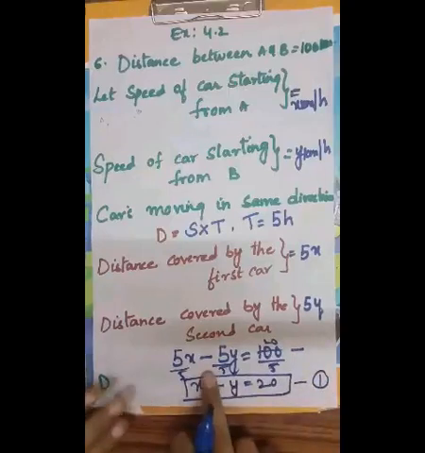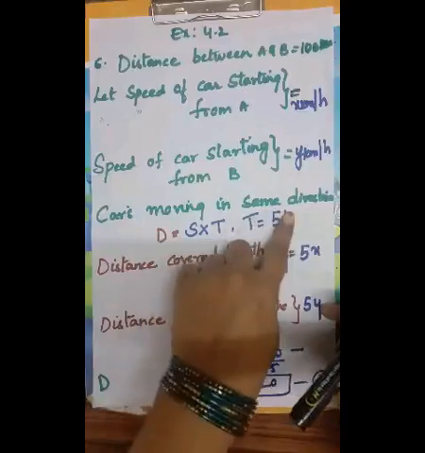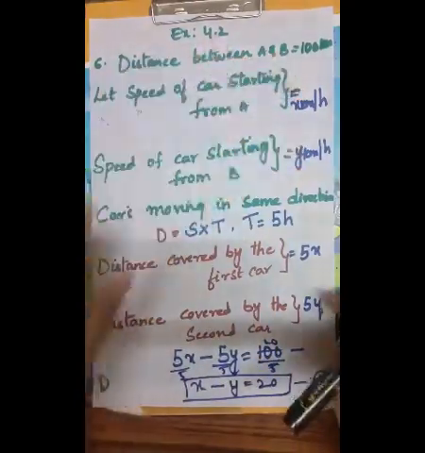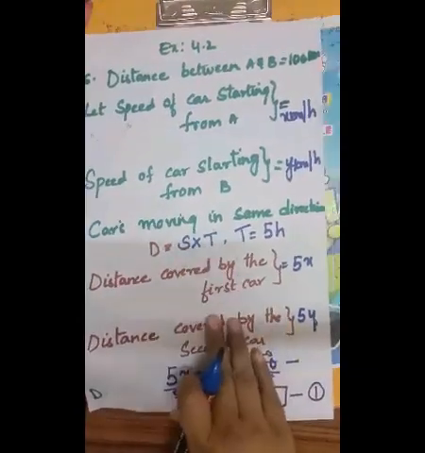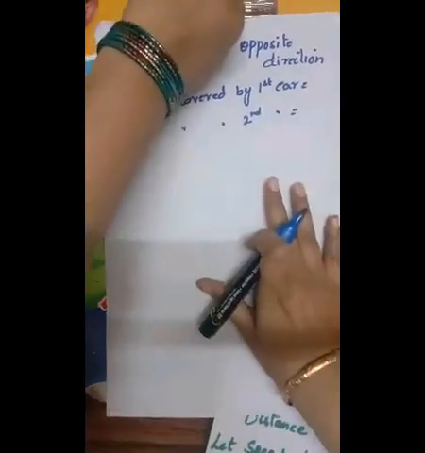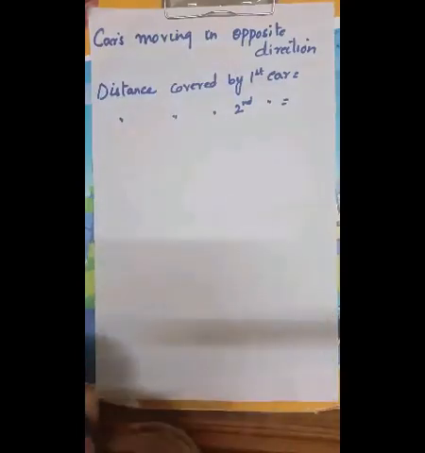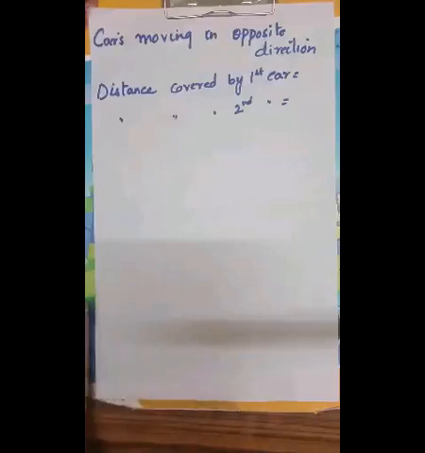Why are we taking it as minus? Why are we doing 5x minus 5y? They are moving in the same direction. So relative speed will be x minus y. Is it clear? Now, if the cars are moving in the opposite direction, what will the relative speed be? So relative speed will be x plus y. Okay, if the cars are moving in the opposite direction, the time taken for them to meet is